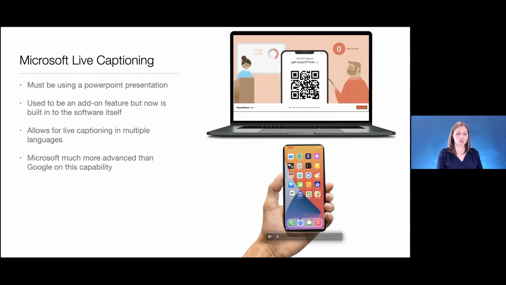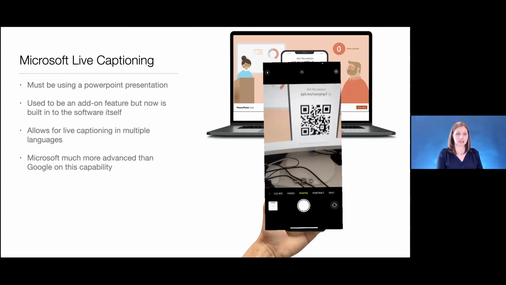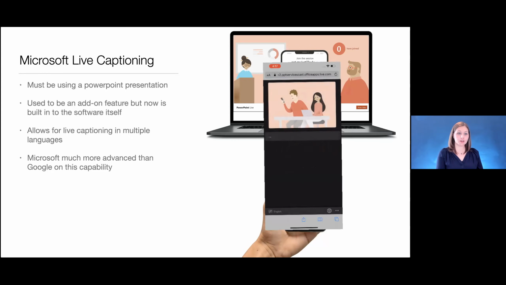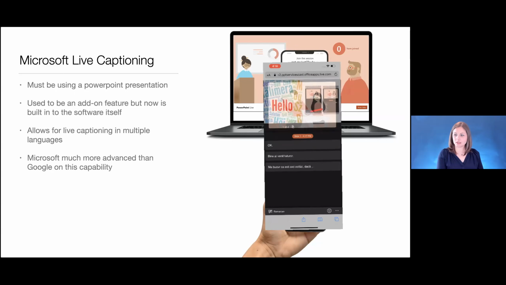When you grab your phone, you'll open the camera app. Let me make it big for you. You're going to scan that QR code. It's going to open, and then you should see on your phone some captioning happening there in English. You can click down at the bottom and choose the language that you'd like it to be translated into. Then as I'm talking, what I'm saying right now should be translated into your selected language. So let's try this real quick in our last couple minutes together and see how we do.